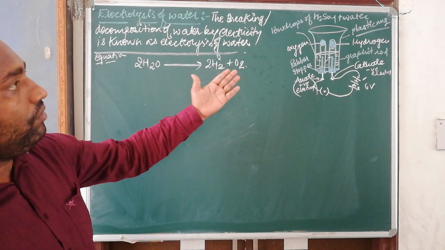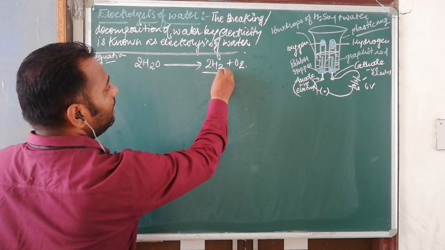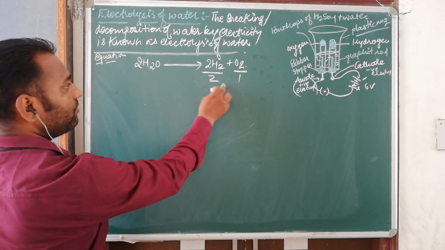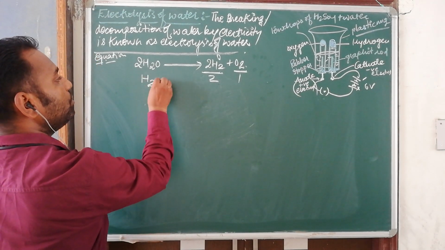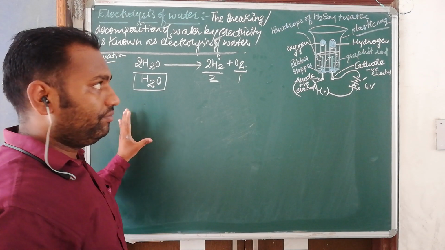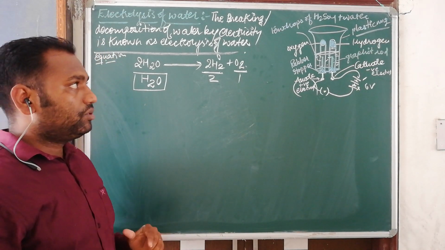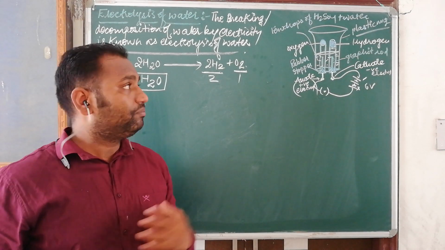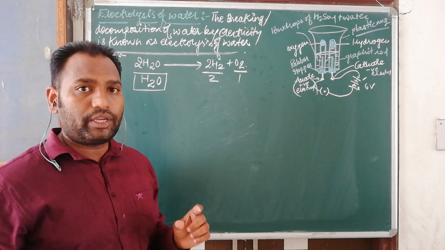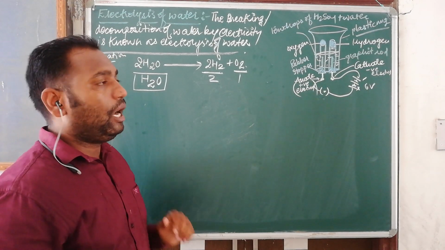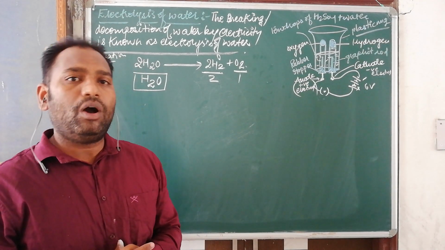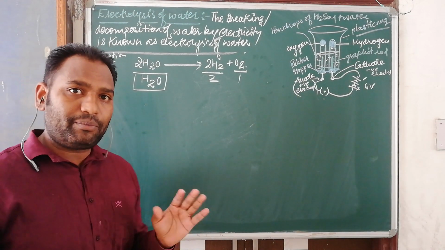So one volume, it means this is the two volume and this is the one volume. That's why we say this is H2 and O2, formation of water. One more important thing: it is one volume of oxygen and a second volume more than that, so double volume is hydrogen. But how can you demonstrate that the two volume is hydrogen gas and one volume is oxygen gas? So we have a gas confirmation test here.